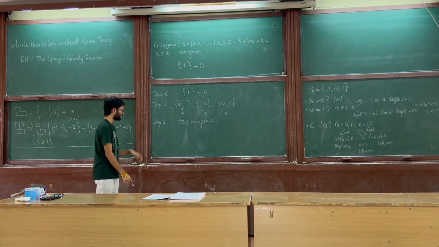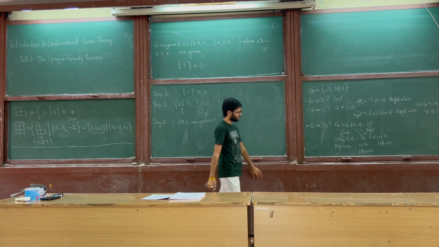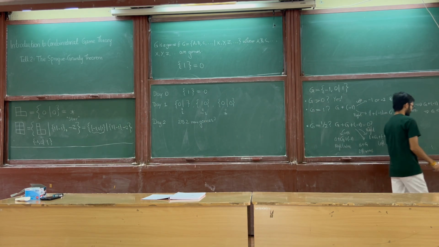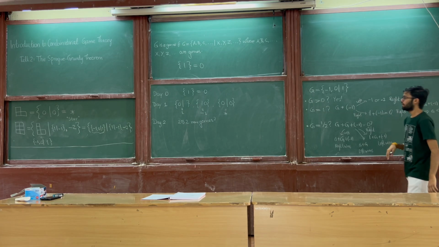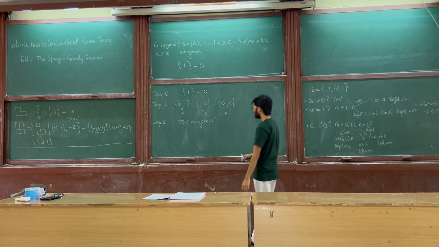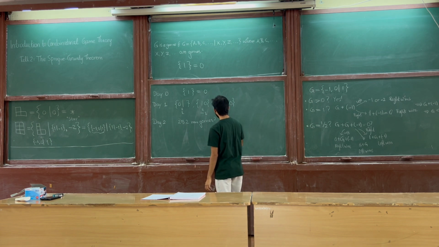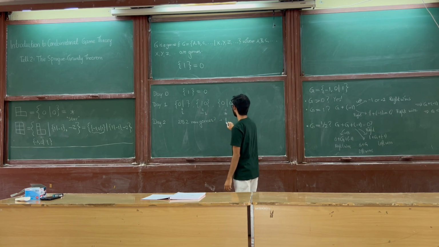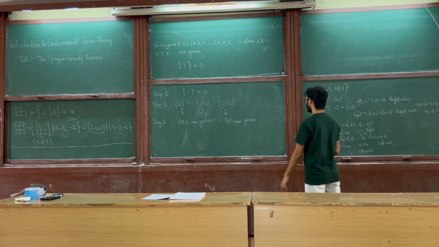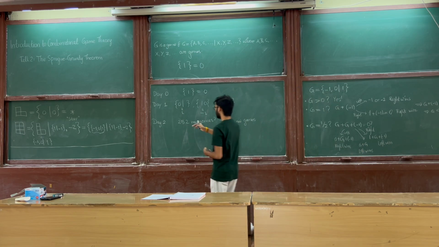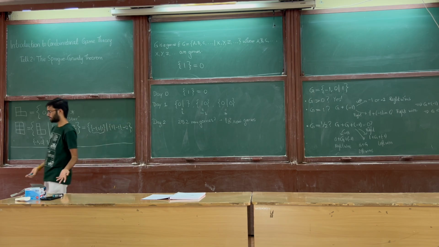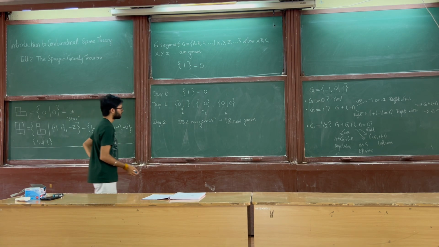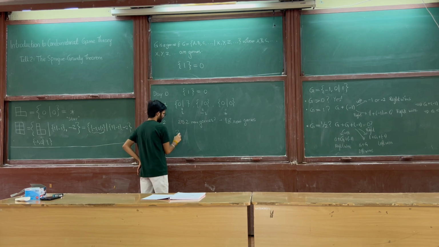I have put a question mark here because, as I said, I'm going to define equality of games, and under the definition of equality, it turns out that there's only 18 new games. So many of these turn out to be equal to some other of these, and so you only remain with 18 new games. And some of these, for example, are 2,